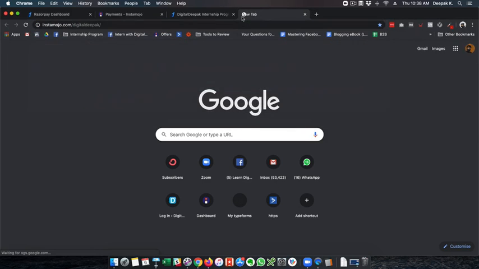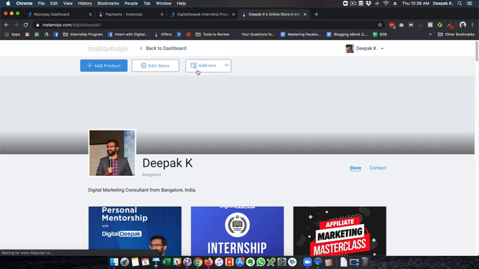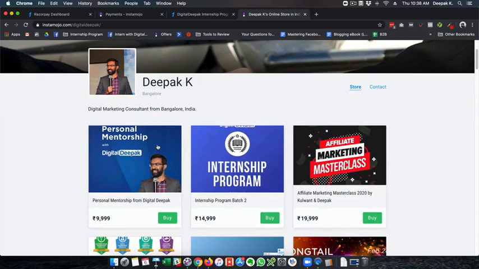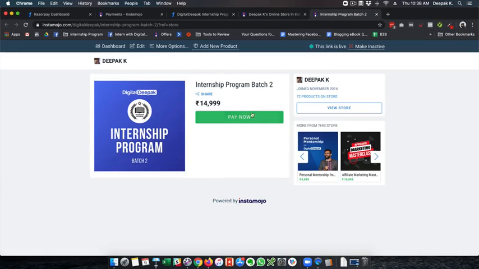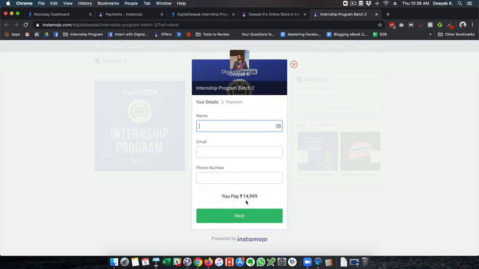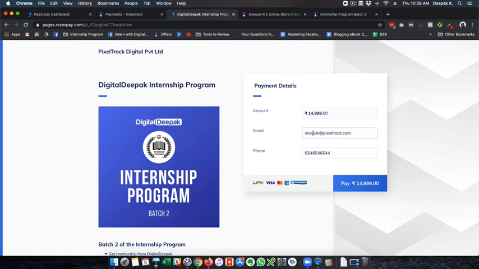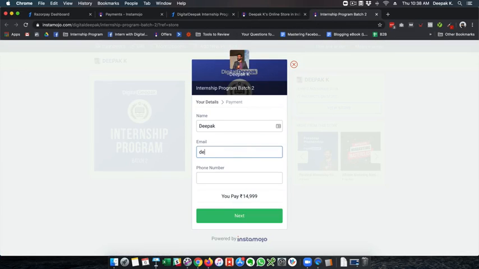So let me show my InstaMojo page. InstaMojo has something like a store, which Razorpay does not have. Here you can see, if I click on pay now, I need to enter the details here. InstaMojo collects name compulsorily. In the Razorpay payment page, I have an option to add name, but I can just leave email and phone number as the mandatory fields, which I think will improve the conversion slightly, because one more field is just one more extra step.